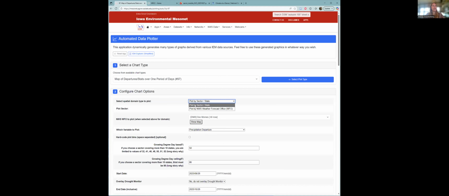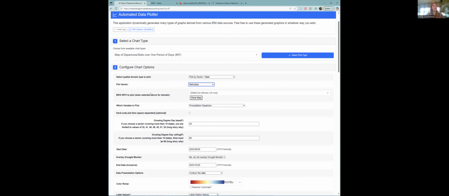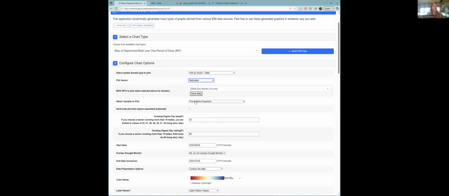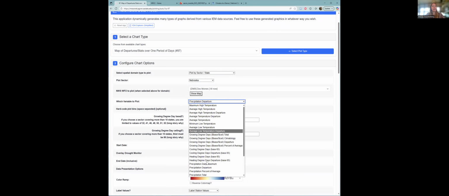We will select plot by sector or state. We will plot for Nebraska. We are interested in the precipitation departure. So in this drop down of variable to plot, there are lots of different options, but we will be interested in that